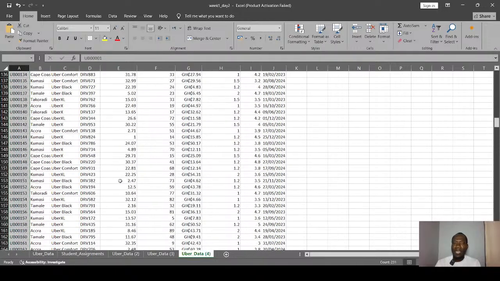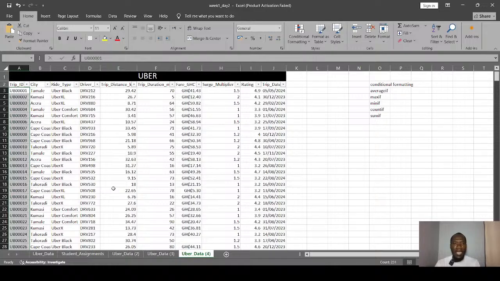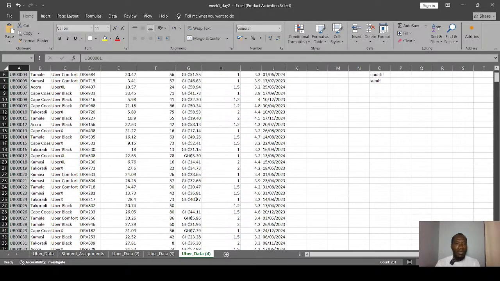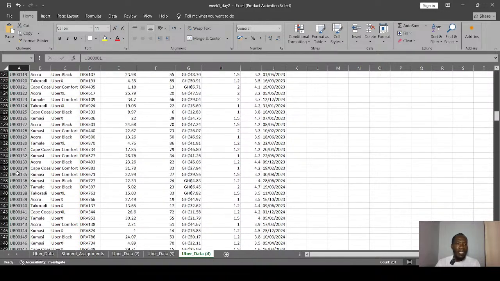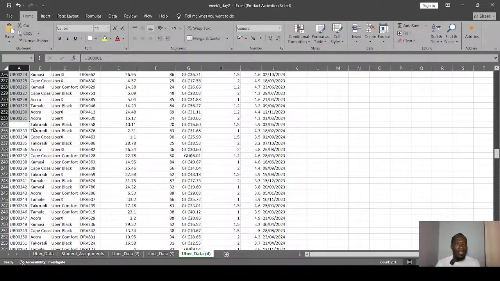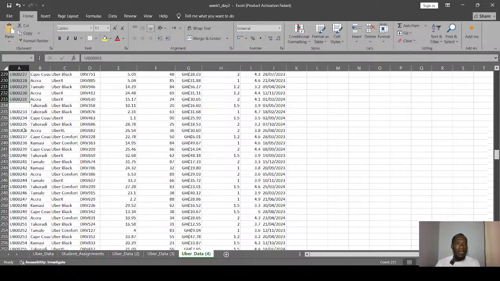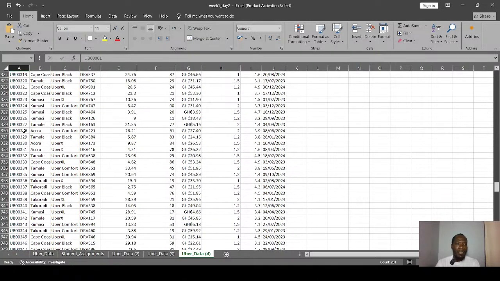What I realized is that some of us, when highlighting our data, don't take into consideration that when it gets to an empty cell, it will stop, leaving all the data behind.